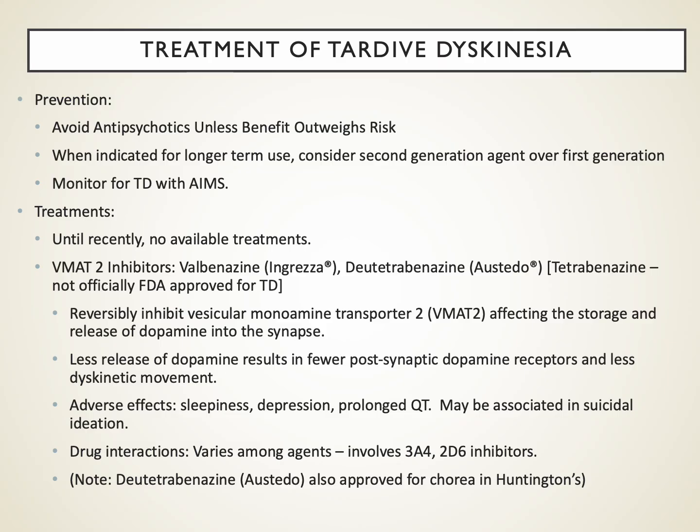Our treatment of tardive dyskinesia primarily is prevention, meaning avoiding antipsychotics when you don't need them, lowest effective dose. And in line with this, because the first generation older agents were more associated with tardive dyskinesia, probably have a higher risk, we generally use the second generation agents when we need them because their risk for tardive dyskinesia is lower than the older first generation agents. But keep in mind, tardive dyskinesia happens over months.